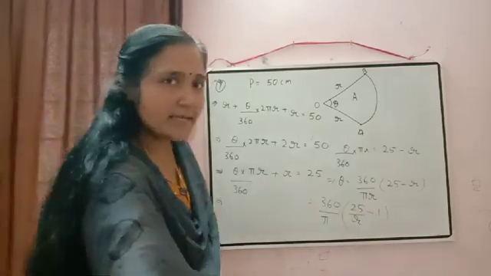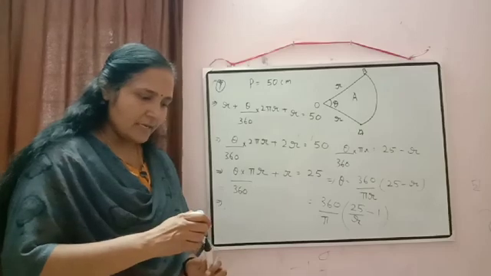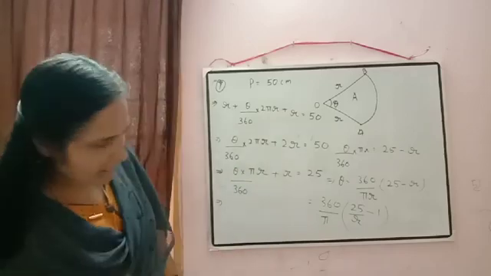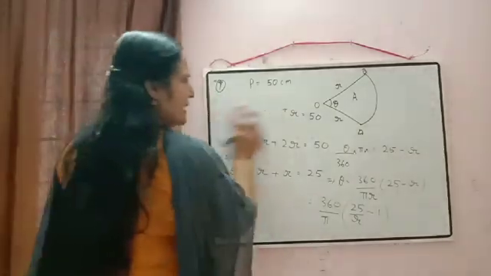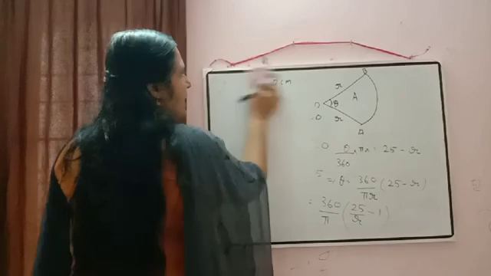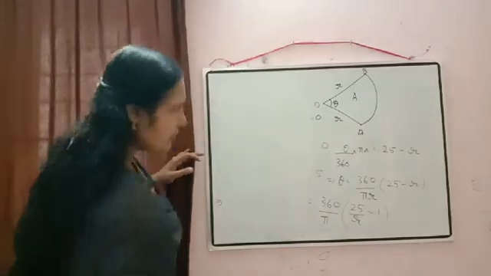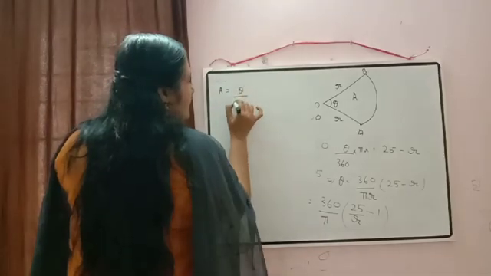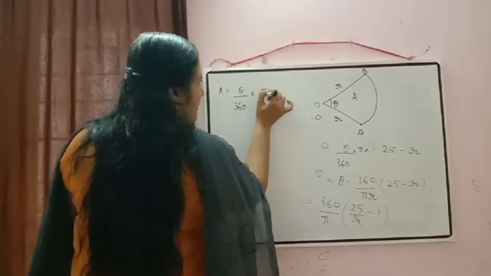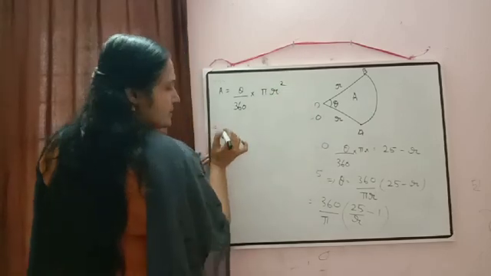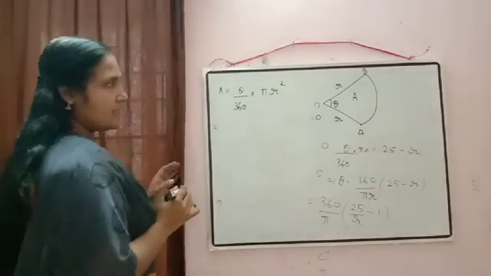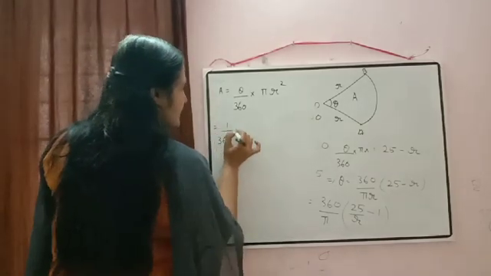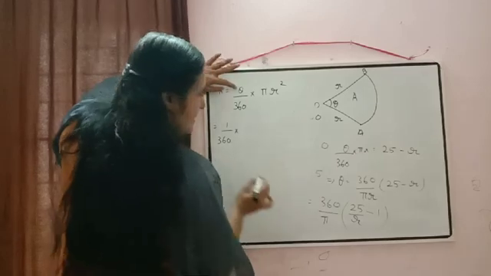So the first part is over. In the second one what we need? Yes, we need the area. So already they said area they are denoting by the letter A. So now we can check how we can calculate the area of this sector. What is the formula? Area of sector is theta by 360 into pi r square. Just now we have calculated the value of theta, so that we can substitute. So here 1 by 360 I am writing as it is. What is the value of theta which we got here?